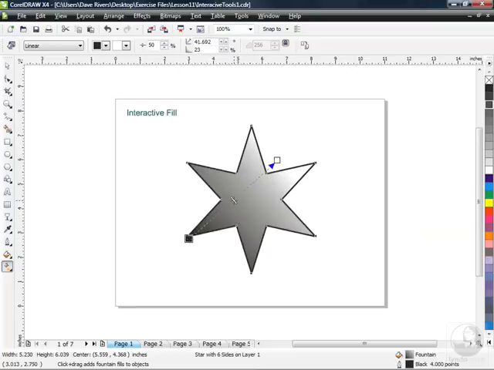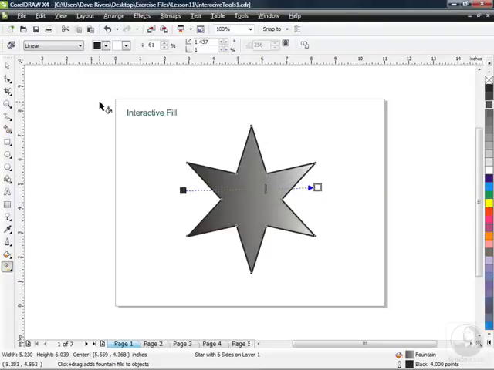And I can also use this slider to change the percentage. If I want more white, I'll drag it towards the darkness so I get more light. It's not 50-50 anymore, it's 28% black, and of course you'd have to do a little bit of math to figure out that it's 72% white. I can go the opposite direction using my slider, and you can see how it's just interactive. I'm going to adjust this a little bit further. I'm going to bring it back almost level, and I'm going to show you some other options through the property